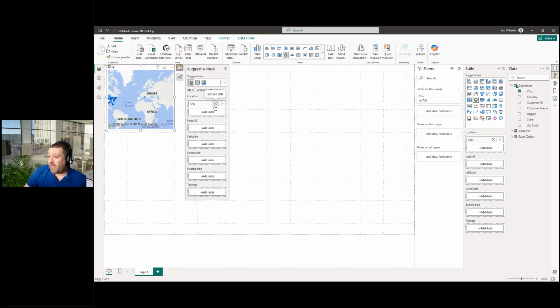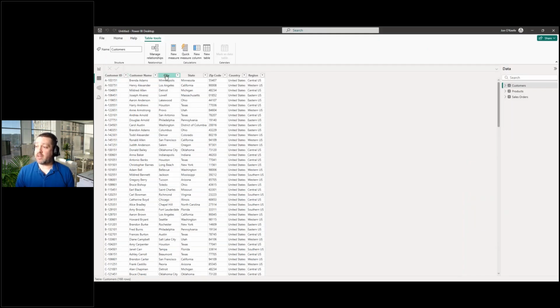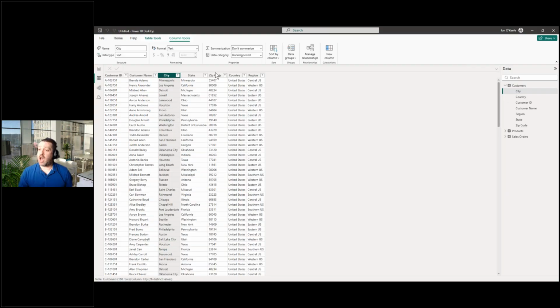Sometimes Power BI will be able to guess what I mean by city, but other times Power BI will not be able to guess, and therefore I need to tell Power BI exactly what type of data I have. So part of my storytelling process is also looking behind the scenes at my data and looking at how the columns are categorized. Here, we've told Power BI that this is a city column, it's text, but Power BI doesn't know what type of data it is. So when I tell Power BI that this is a city,